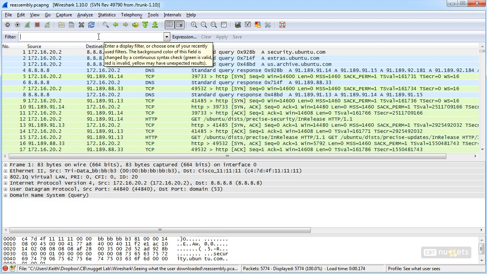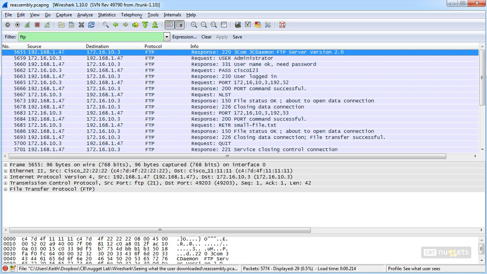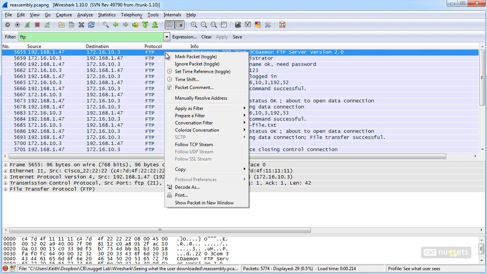One quick way would be to use a display filter saying, is there any FTP at all? And the answer says, yes, there is. And we could start here, actually. We could say, okay, great. Let's take this FTP conversation, right click, and simply say, I want to go ahead and follow the TCP stream,